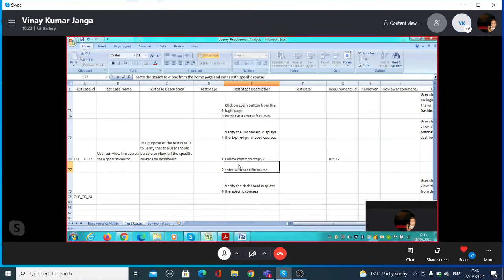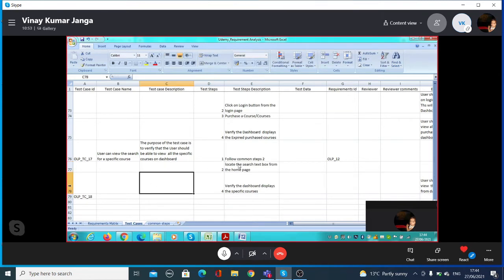You can't say locate the search text box from the home page and enter the specific course, because there are two steps. That was my fault. So one step means there is only one action in one step.